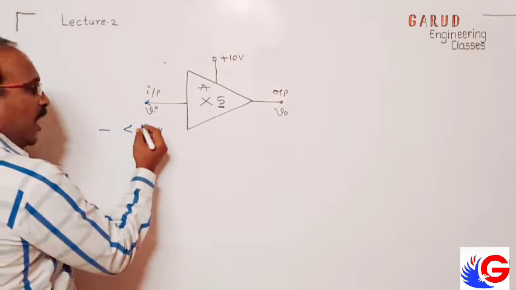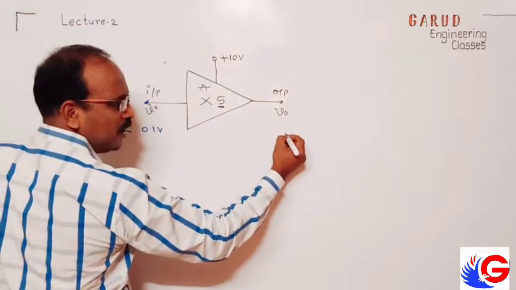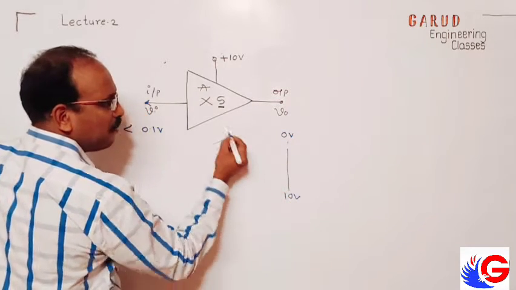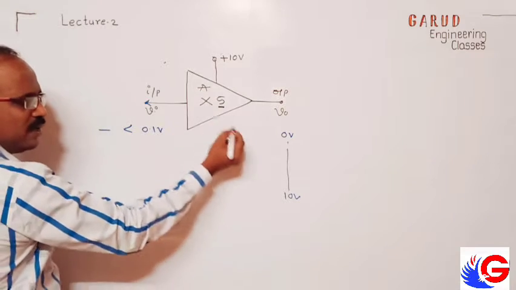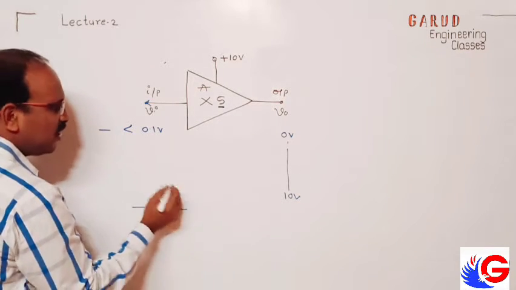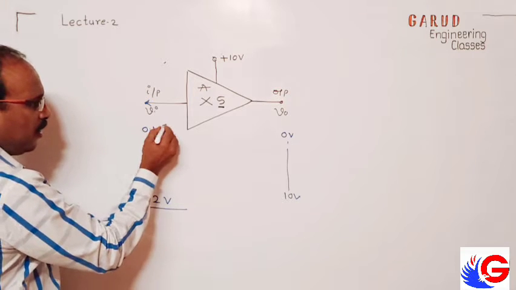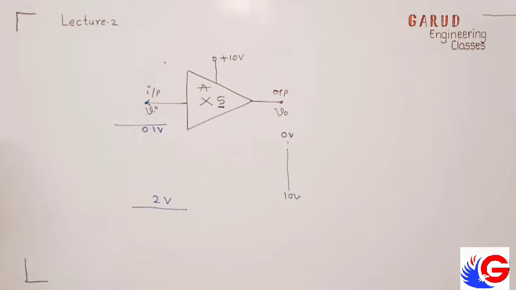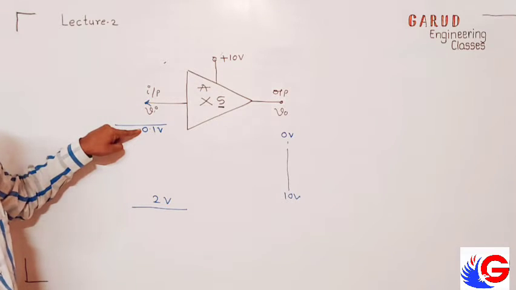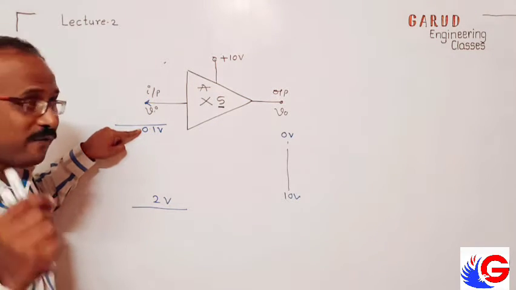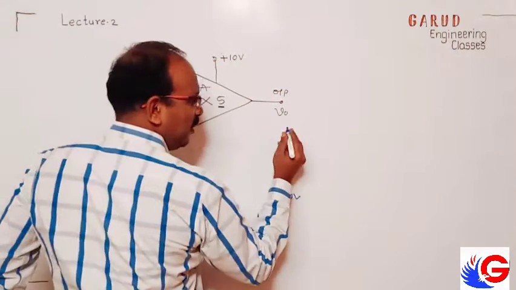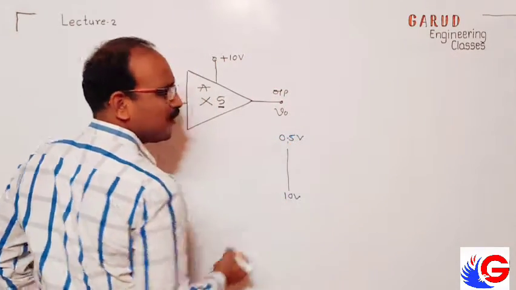And you know, maximum here, if I start from 0, then maximum it will give 10. Multiplication factor is 5. Means 10 divided by 5, maximum will be 2 volt. So this is actually the range of input signal. When input signal reaches 0.1, it reacts. 0.1 into 5, so minimum output is 0.5 volt.